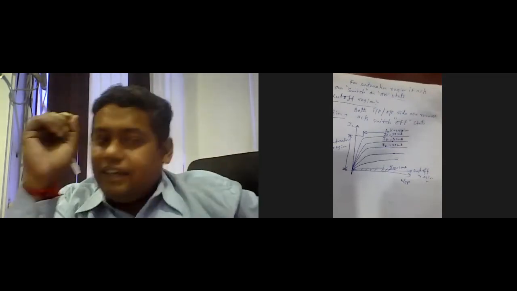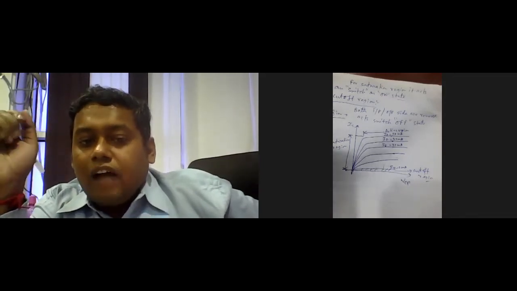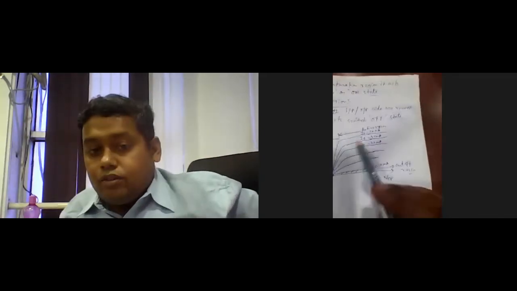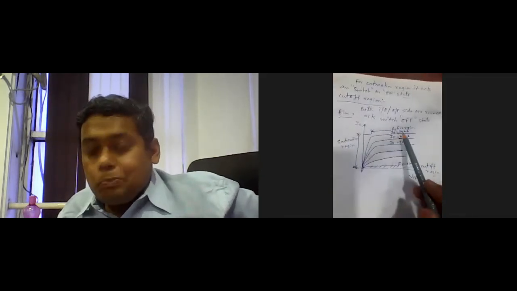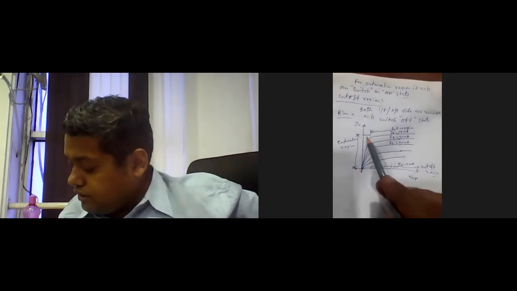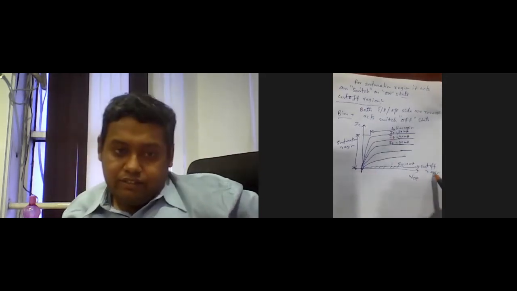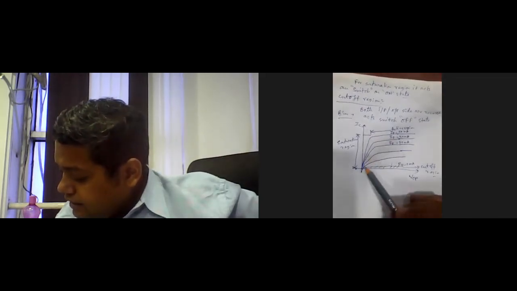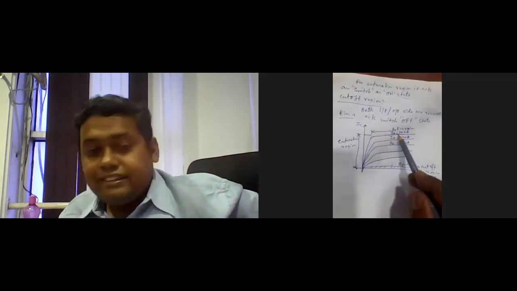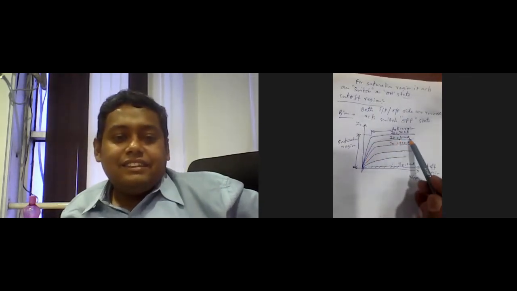With different fixed IE, if we consider the emitter current fixed for different values, then we will get the respective output voltage in the three region modes. This region is considered as the active region. This is the saturation region, and this portion is the cutoff region. Why is it saturation? Because it is nearly parallel to the IC axis. Now IC is increased linearly. Again it is nearly parallel, again it is increased. This is the active region.